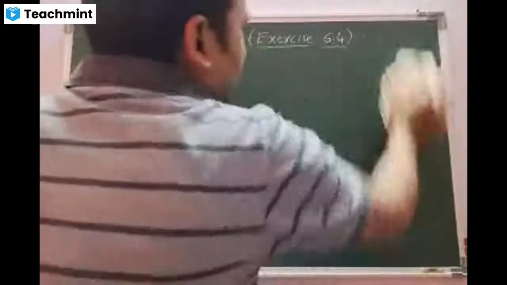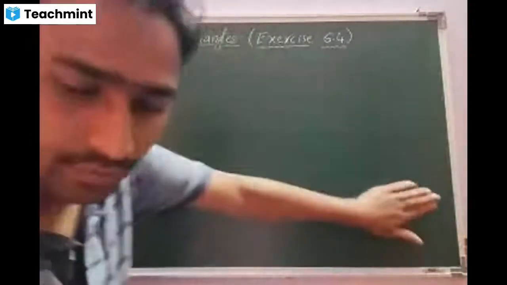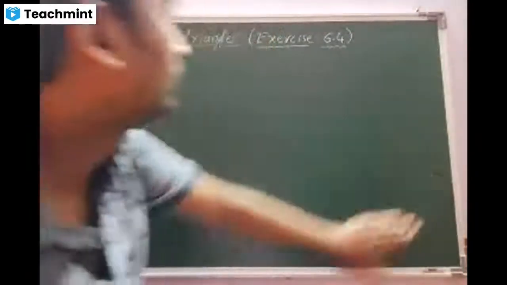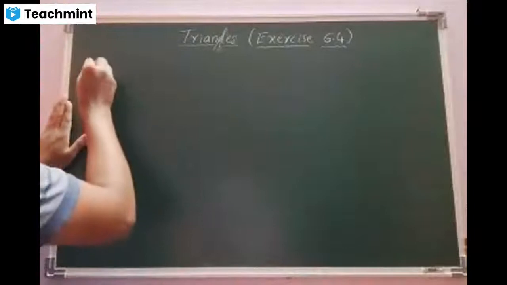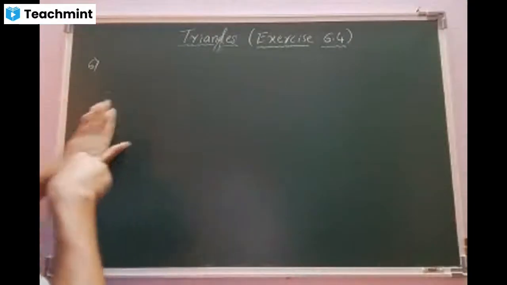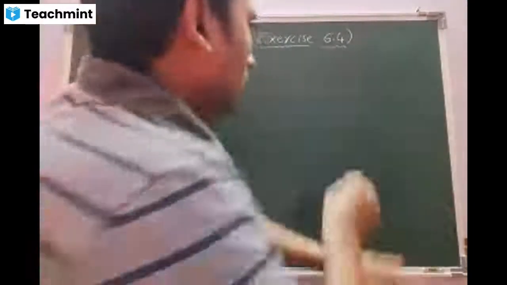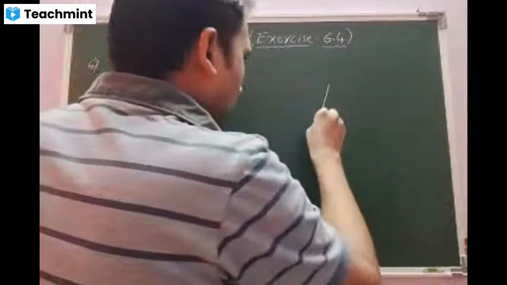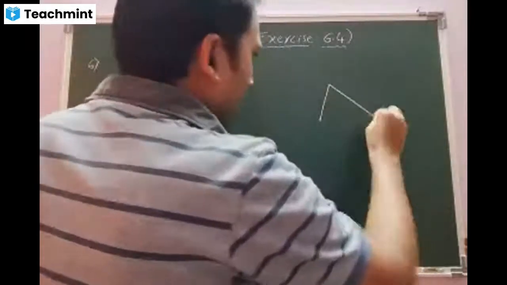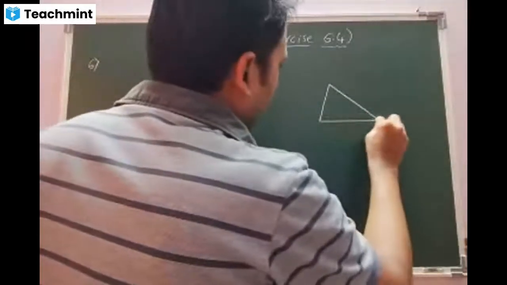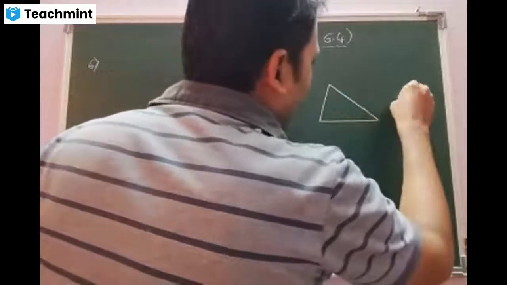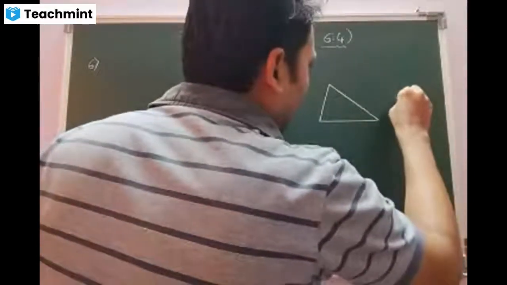Okay, beta. One of you read the question quick, fast. Sixth one, sir. Prove that the ratio of the areas of two similar triangles is equal to the square of the ratio of the corresponding medians. Okay, beta. Let us see. Let me draw one rough diagram. Then I will explain you the meaning.